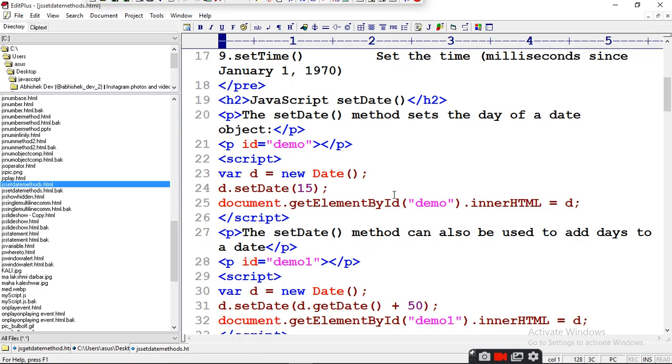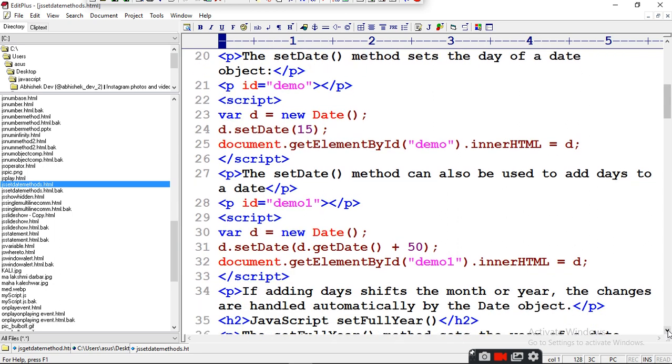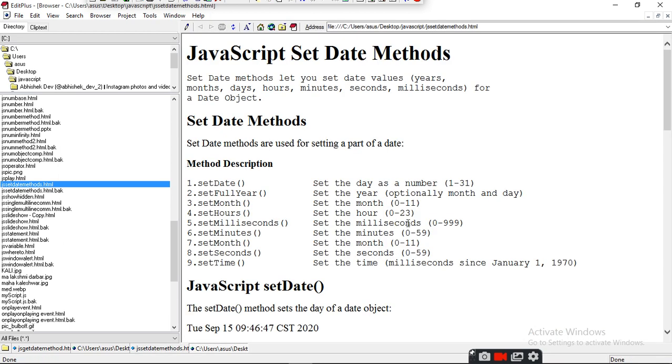So next is how set date method can also be used to add days to the date. It is also used to add the days. So now you set get date and then plus 50, then it will give you the date after 50 days. So how it will work? Just run.